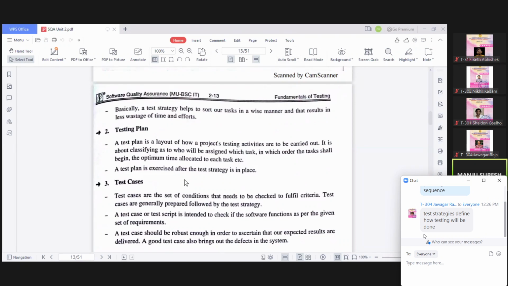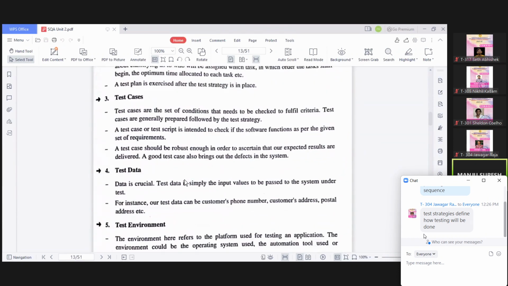Okay. Now coming to test cases. Now, what are test cases which we have done yesterday? For the test case, you will first check what the scenario is. उसके हिसाब से आप input दोगे, condition दोगे और उसके हिसाब से आपका output आएगा. The output that comes is your actual output, and expected output you will compare with and see whether your test case is pass or fail. So the test case you do, you do it for each and every software function as per the set of requirements which is given by the customer. So these are test cases.